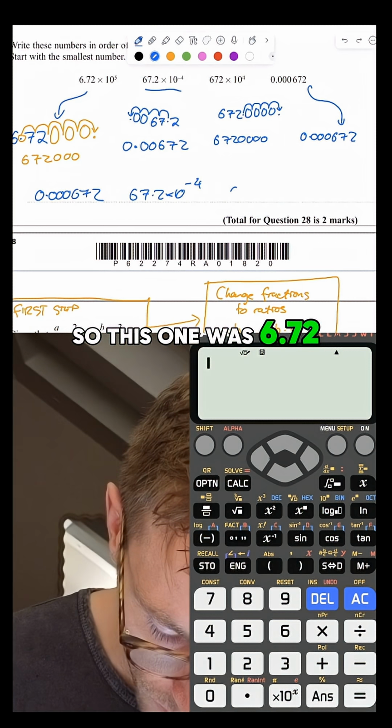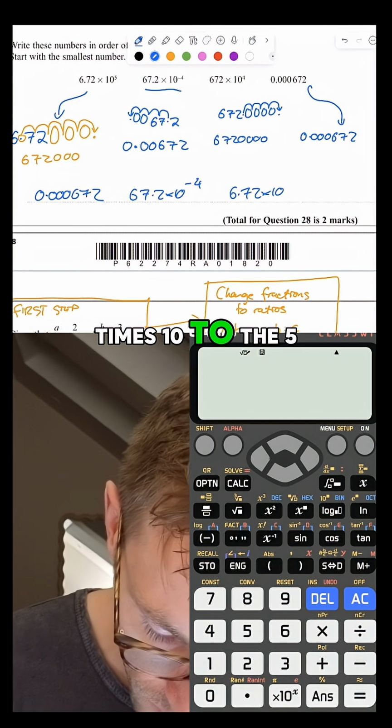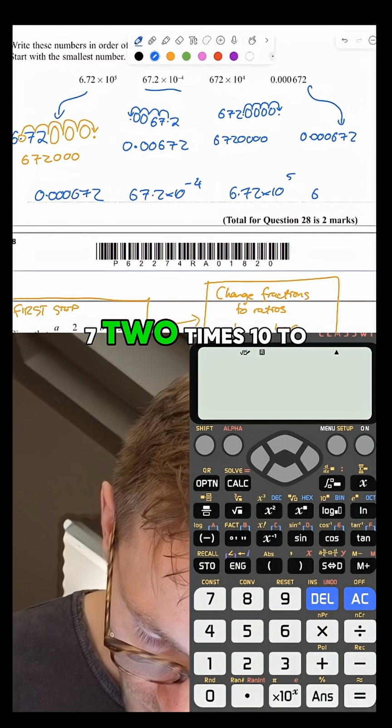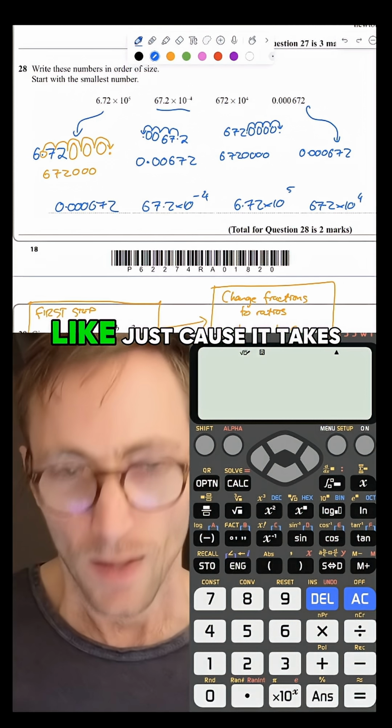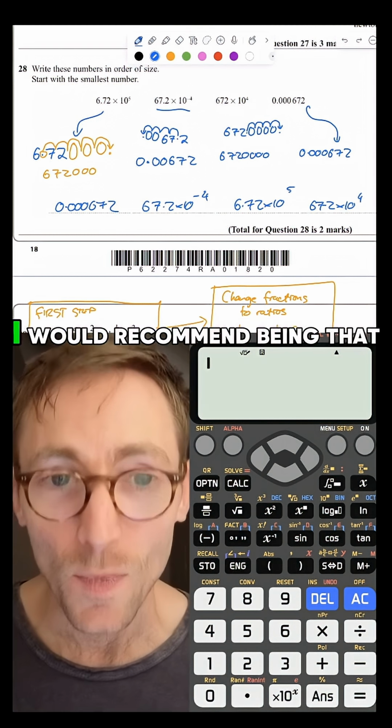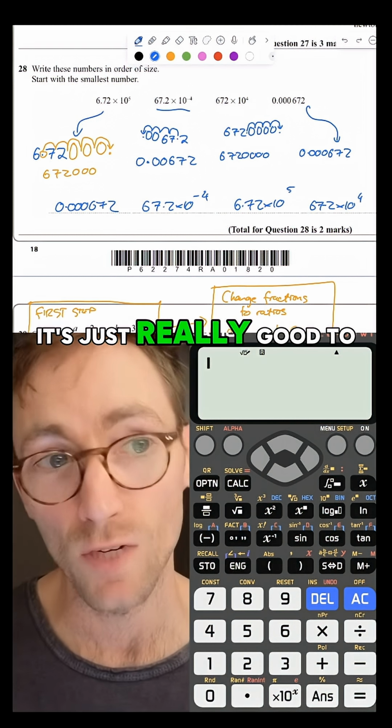So this one was 6.72 times 10 to the 5, and this one was 672 times 10 to the 4. This is quite annoying for 2 marks, just because it takes quite a long time. I would recommend being that careful though. It's just really good to bank those